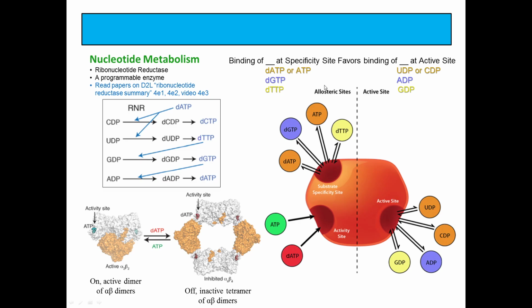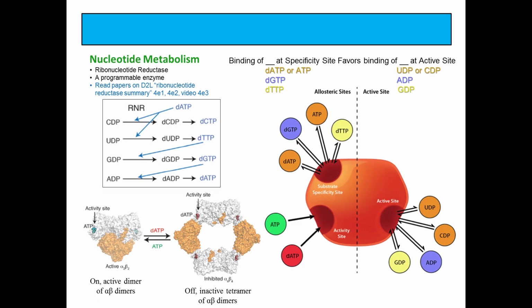Okay? If deoxy GTP binds here, it'll only turn ADPs into deoxy ADPs. So blue with blue. Right? And if deoxy TTP binds up here, so the yellow one, then it'll make GDPs into their deoxy GDP form. That might sound a little convoluted, right? So the words up here match the figure, but if I tell it to you in a different order, it'll